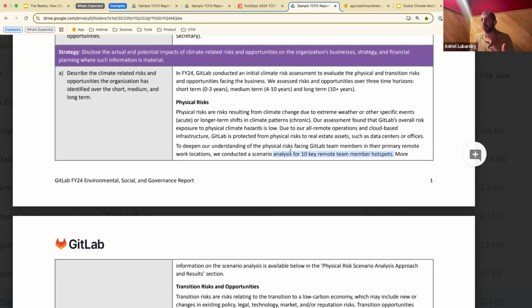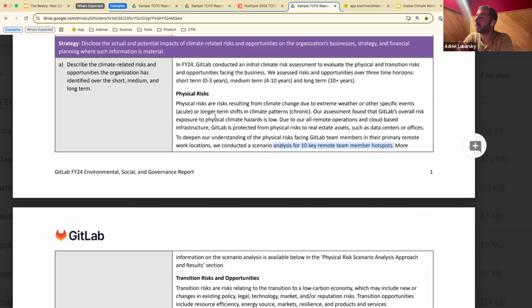It's your job to figure out how to keep them safe, how to keep them secure, and how to keep them wanting to work for your business because your business responded faster than a competitor's business in terms of keeping them safe. So I thought even GitLab, with a company like that, did this work. Now, really quickly on how climate modeling works, and I think GitLab is a good transition here.